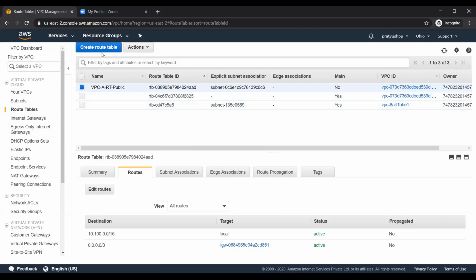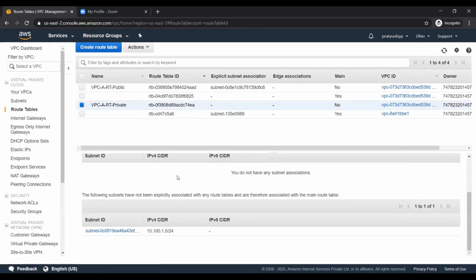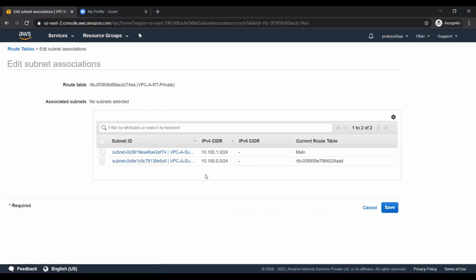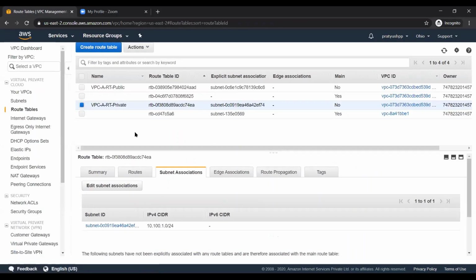There is one more route table which we have to create for the private subnet, which is VPCA RT private. I'm going to attach this to the private subnet. So VPCA RT private will have a subnet association with the private subnet.